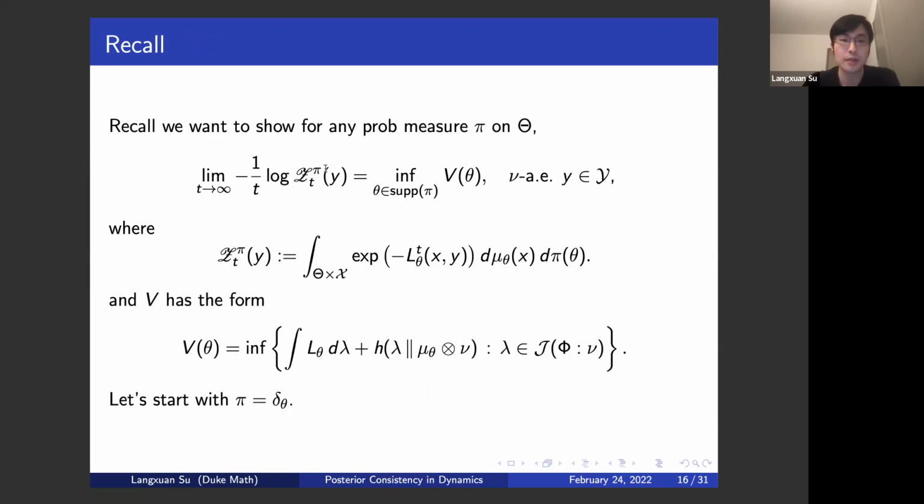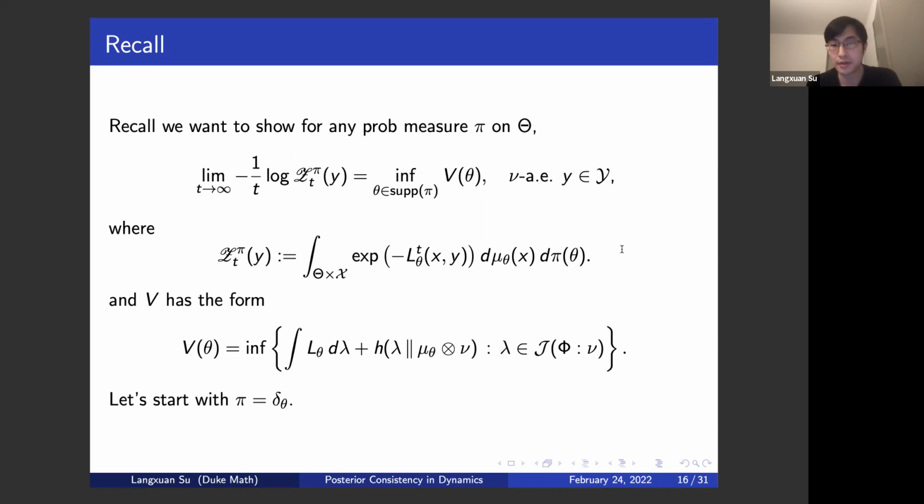So recall that our main observation that's coming from the preceding work is that if one can prove this asymptotic characterization of the partition function, then one has the posterior convergence. So now the goal is to prove this asymptotic characterization of the partition function, where just as a reminder,